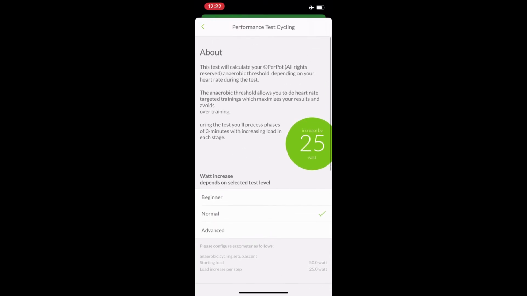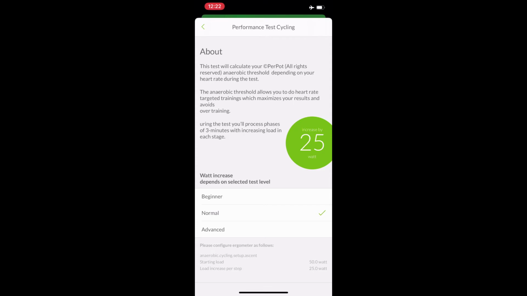And so what this is going to do is calculate your individual anaerobic threshold and personal heart rate zones and their boundaries. And it's a step test, so it gives you an amount of power to produce on the bicycle or on the cycle, and then you do that for a specified amount of time, and it asks you to increase those watts. Watts are how you measure it on the bike, and that happens every 3 minutes. And then you do that until you can't anymore. I'll go through that more in a little bit, but